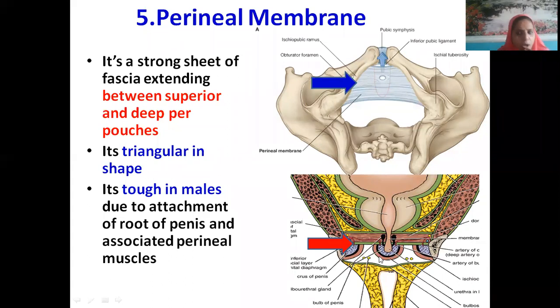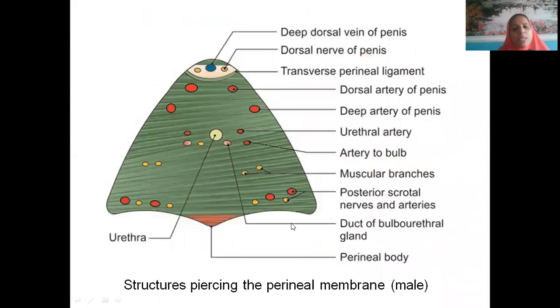Whatever contents you saw in the superficial perineal pouch, obviously they should come from inside to outside, no? Pudendal nerve, perineal nerve, pudendal artery branches, scrotal vessels, labial vessels. That means they have actually started from the internal iliac artery as branches. They have actually started from the sacral plexus. They are piercing the superficial layer, the deep inferior layer of the urogenital diaphragm, and then entering into the superficial perineal pouch. You should be more logical, otherwise rote learning becomes difficult. Structures which are coming from inside the body are coming and supplying outside. That's why you see the same names will come.